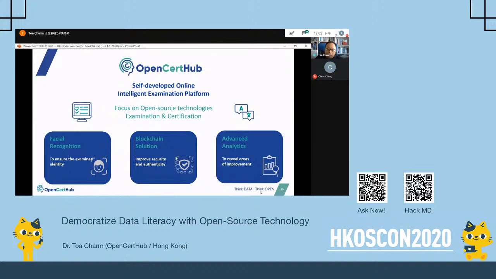You can use a blockchain to keep track of all your qualifications and certifications. We use facial recognition to do authentication, so only the people who sit for the examination will be the ones who are actually the right person. Otherwise, there will be some problem there, right? So facial recognition, blockchain solution. We also use analytics to understand how people learn and also when they're taking the examination. Then we will fine-tune our questions and our training, and our recommendations to our training institute partners.